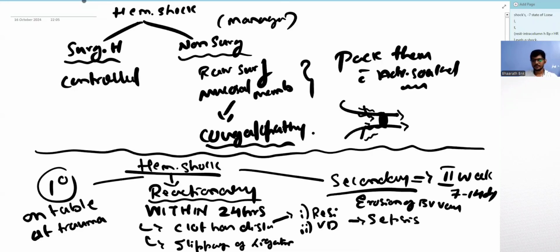Especially, for example, if after an inguinal lymph node dissection a thin flap has been made, and the femoral artery is exposed, there is no flap cover over the femoral artery. Now, this gets infected. That will cause the erosion of the blood vessel and cause the bleed of the femoral artery. Similarly, if extensive neck dissection is done and the carotid artery is exposed, sternocleidomastoid cover has not been put, again, it will lead to the erosion of the carotid artery if there is an infection. So, sepsis will erode the blood vessel and cause bleeding, which usually takes place in the second week.